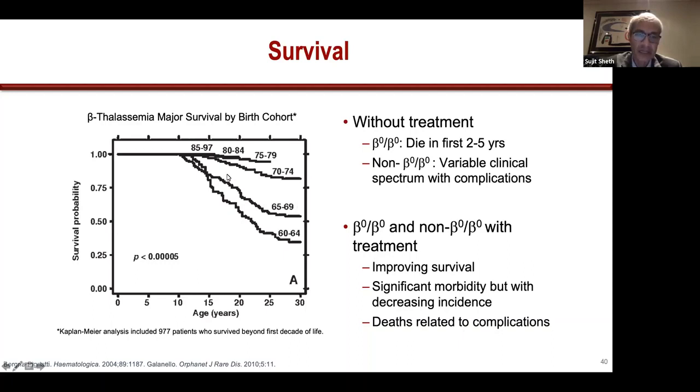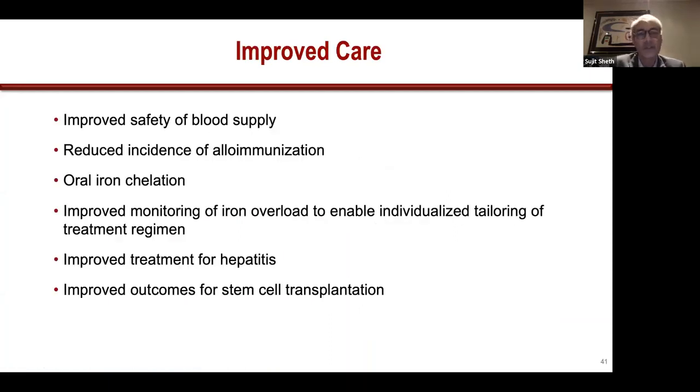And so if you look at this Kaplan-Meier plot, depending on your birth year, if you were born in the 60s, your mortality was quite low, starting at about 10 to 15 years, because they didn't have chelation therapy at that point. In the late 60s, you started to have chelation, and so you did a little bit better. And then, as chelation regimens got better and better, you're seeing improved survival as well. And we expect that individuals who are now treated and chelated with the oral chelators should have near normal life expectancies as well. So overall, we've come a long way.